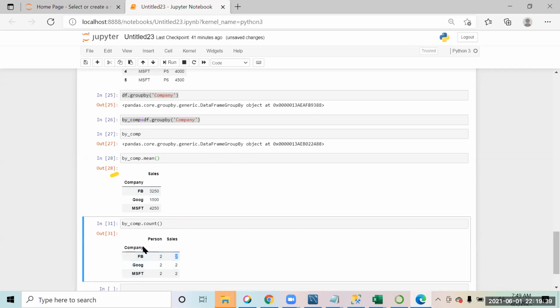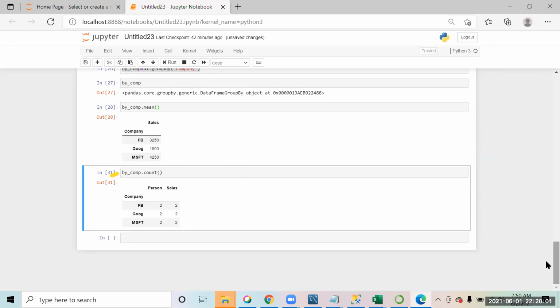So there were 3 fields. Grouping is happening on company. It gives you the count of person and the count of sales, so count could happen on all the other columns. It gave both of them, but it couldn't find the mean on the person, so it gives the mean only on the sales.